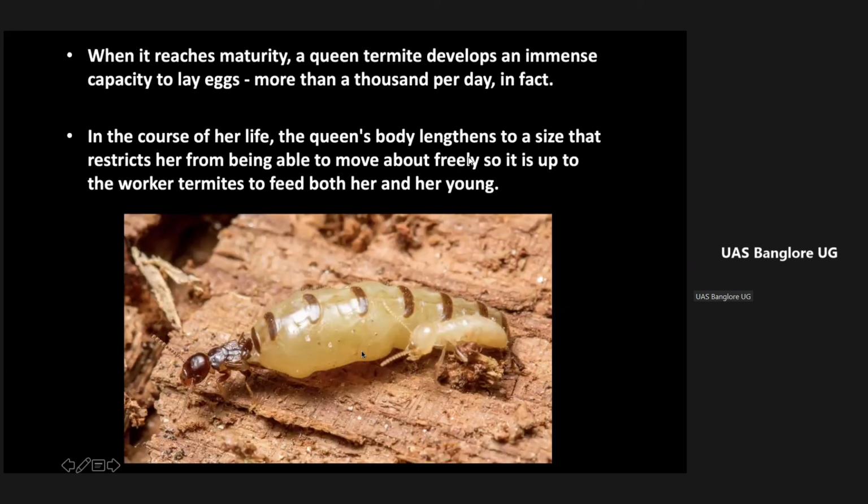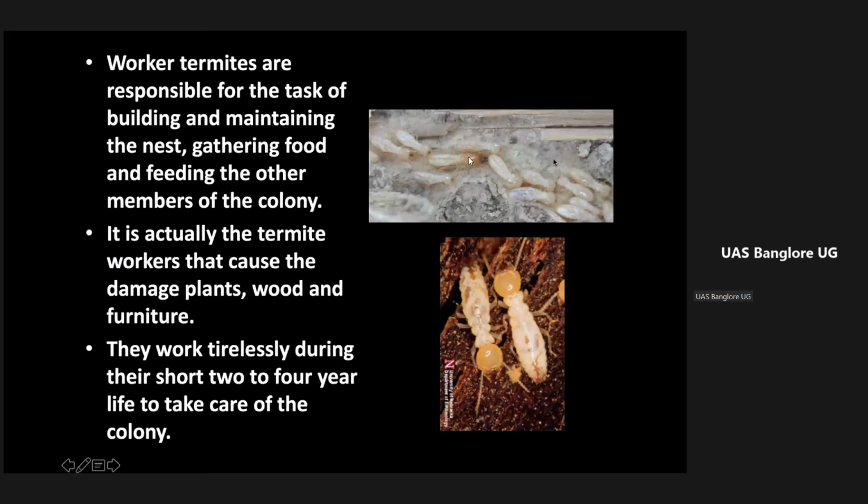And this is physogastry. I think there was a question in your exam: what is physogastry? The queen. You can see that the queen mates for a lifetime, and she can lay. She is nothing but an egg factory. She keeps on laying eggs, more than 1,000 eggs per day. Imagine, 1,000 eggs per day is not a joke. She is fed with high protein content.